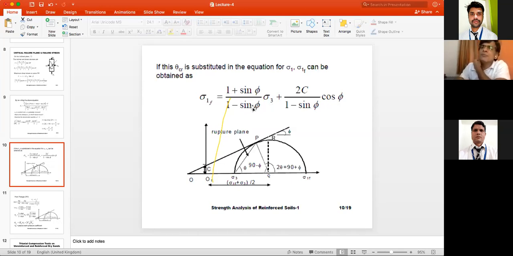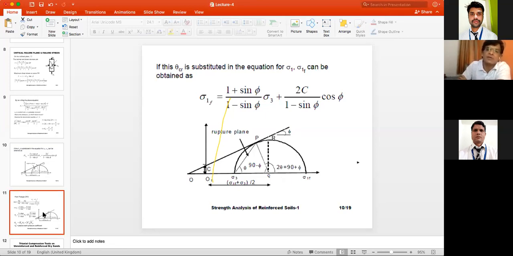This is also a familiar equation. We have studied it many times. This is also the way, as seen in this Mohr circle, you can draw it. If you draw sigma 3 and sigma 1, that is the Mohr circle, and this is the failure envelope, making an angle phi. It intersects the vertical axis at a point C. This ordinate is what we call the cohesion. If we extend it further, then O naught. We'll discuss this now.